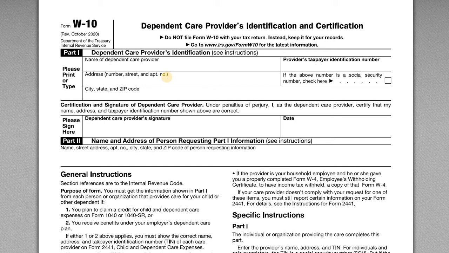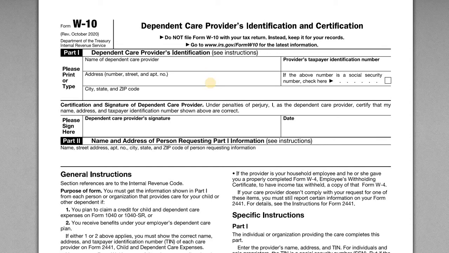So I need the W-10 for purposes of completing the appropriate forms on my 1040. But there's no prospect of me having to file a 1099 miscellaneous or an NEC or other variant to report that income to the care provider. So it's important to collect this form. Again, you keep this for your records, right? You don't have to